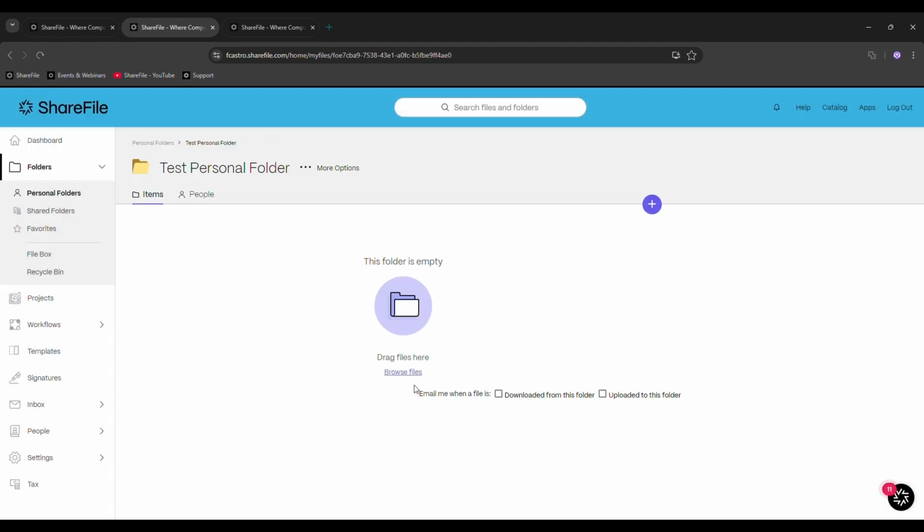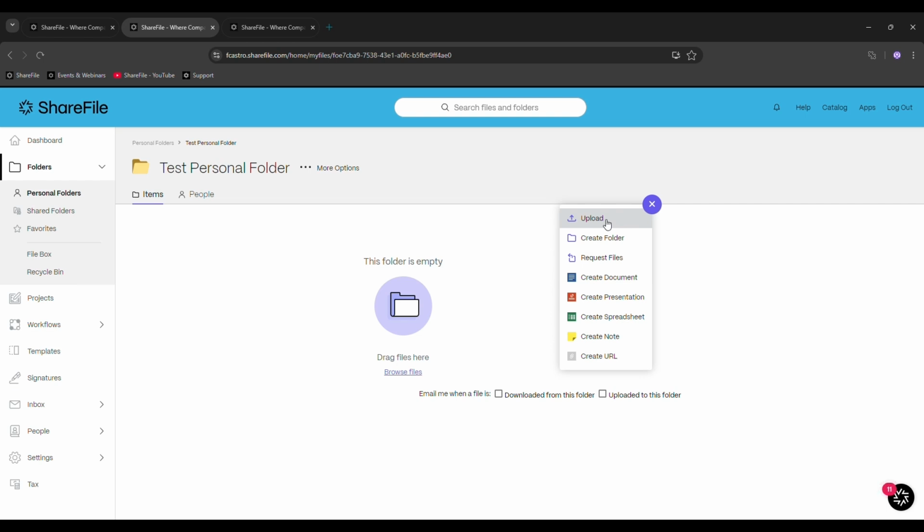So I didn't use a template and I didn't invite people. The folder is empty. It doesn't have any folders below and doesn't have any content. Now, it is important to know that here's where you can actually add information to the folder. You can either go to browse files, or you can click on the plus sign and go to create, upload.